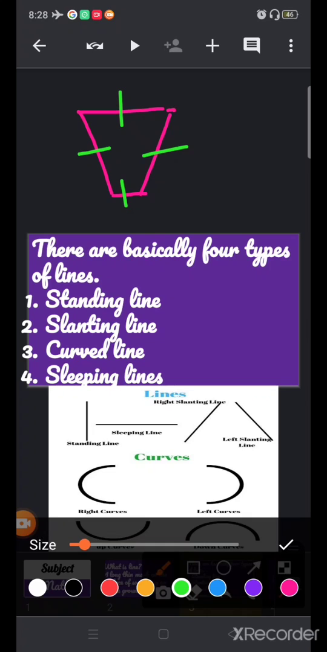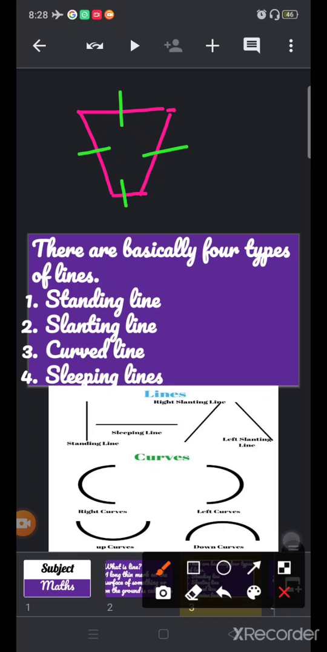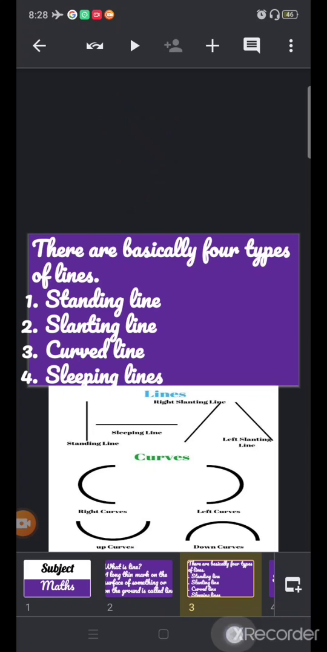No. So, the use of lines is very important. Lines are used in every subject. In Hindi, in English, in maths, in EVS, isn't it? In all subjects we use lines, different types of lines. Okay? Now,